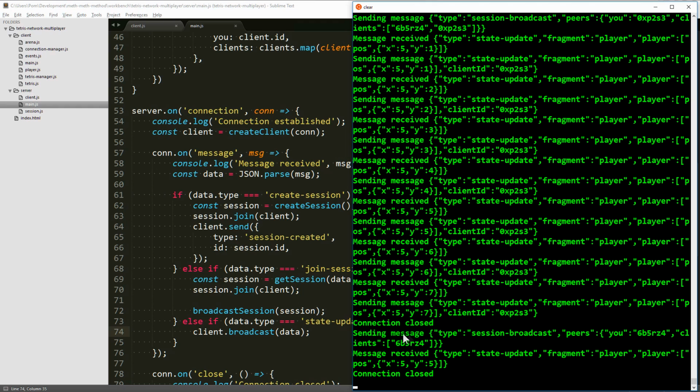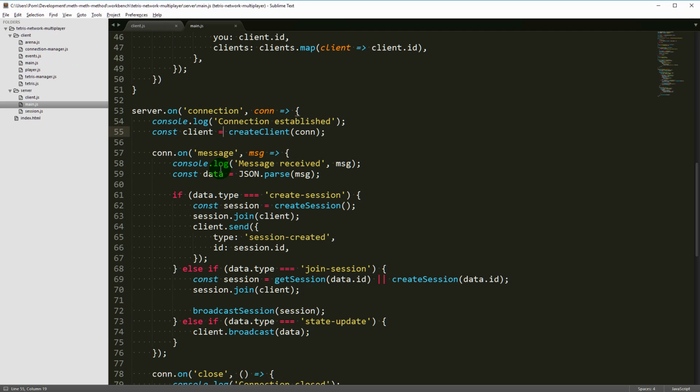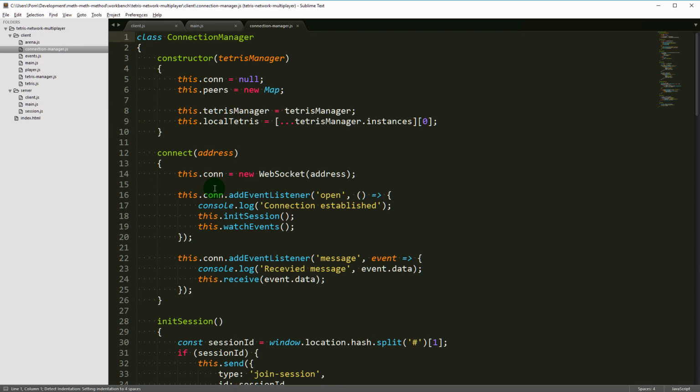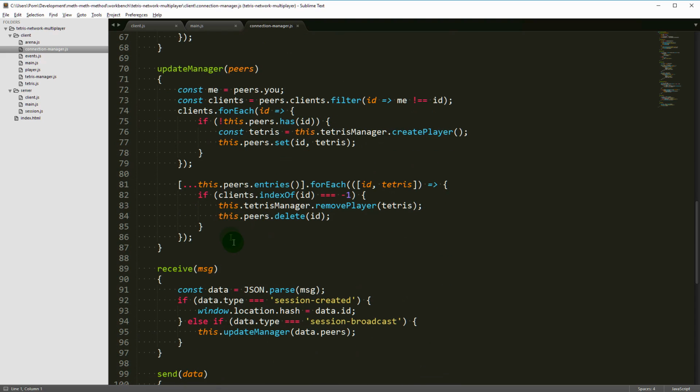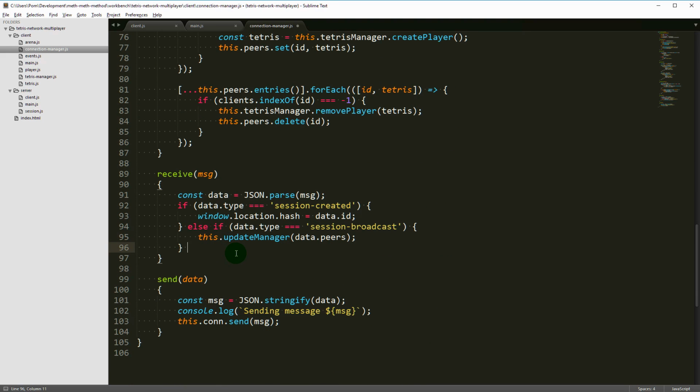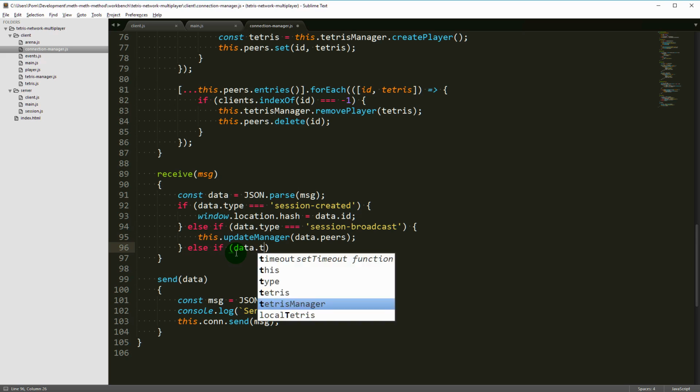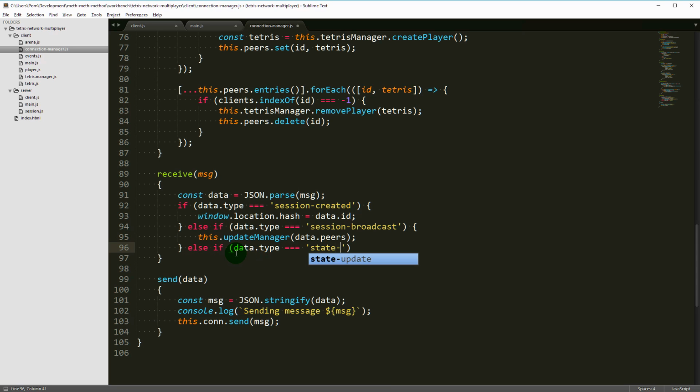So here we got sending message as session broadcast, that was our killing. But here we have message received, state update, and then we sent the state update with the client ID. So now we go back to the connection manager, I think, and we need to handle this state update message too. We go down here to receive, and else if data.type equals state update,